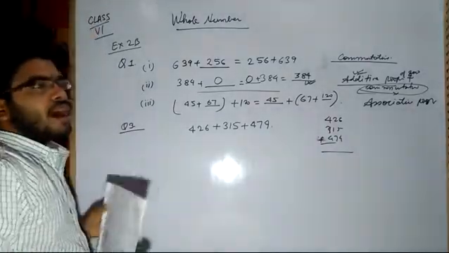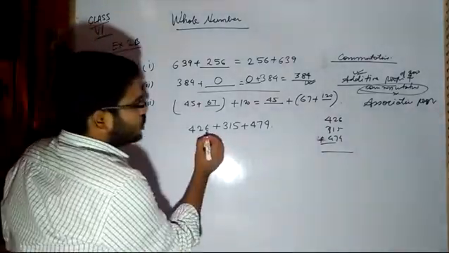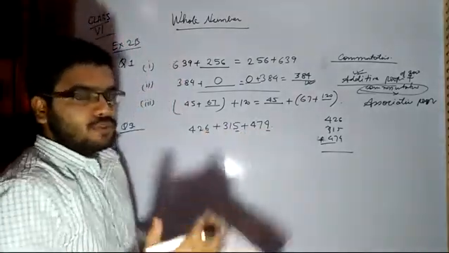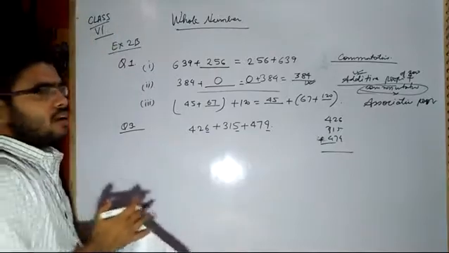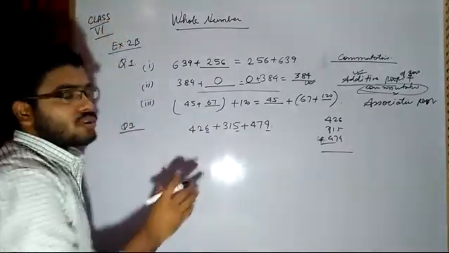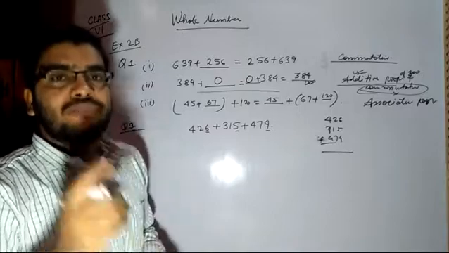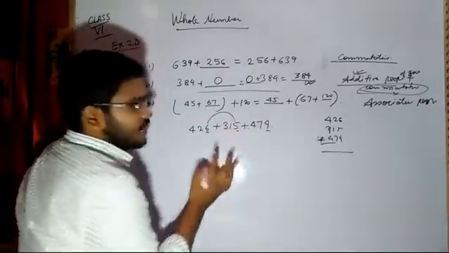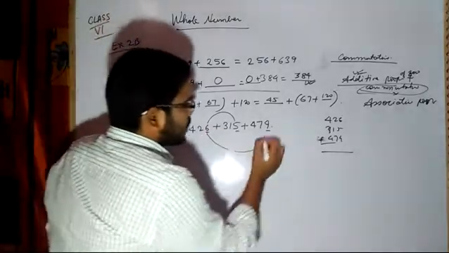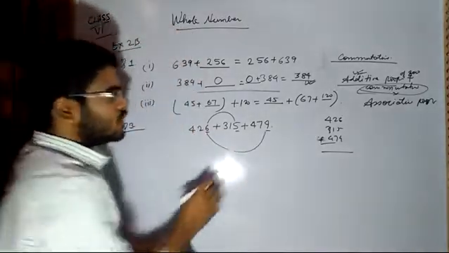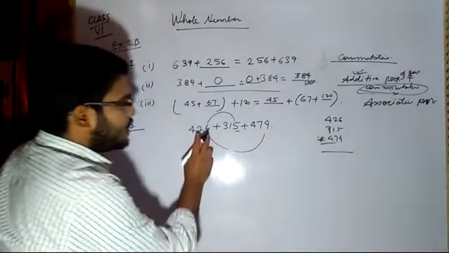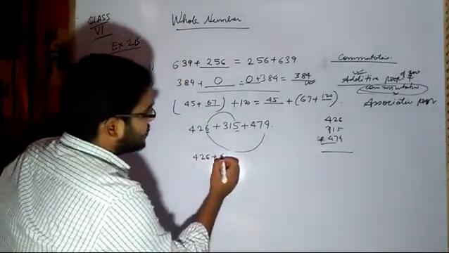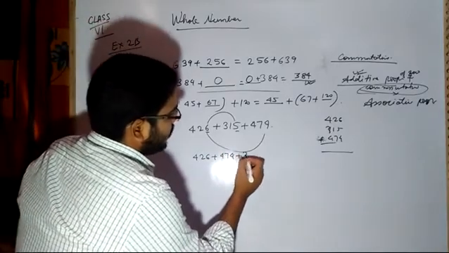So for suitable arrangement, you have to see the unit place of all the digits, and bring those unit places together in one place, so that the addition of their unit places will give you 0. Means if I add 6 plus 5, it will be 11. If I add 6 plus 4, it will give 0. So the suitable way of adding will be to bring the unit place to be 0. So arrangement will be 426 plus 474 plus 315.